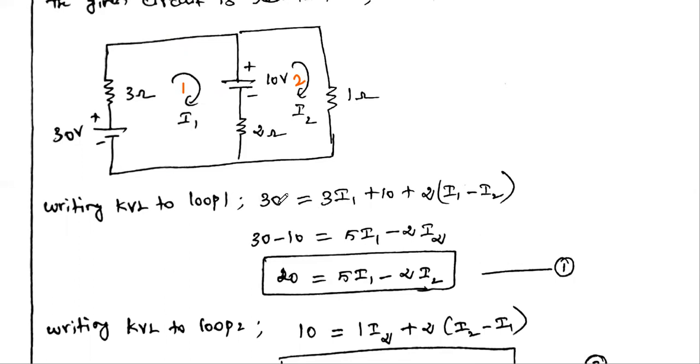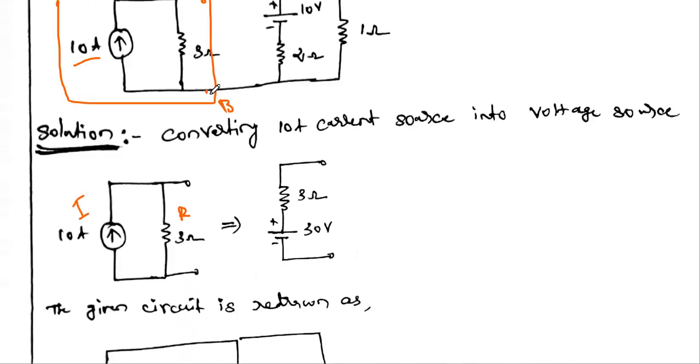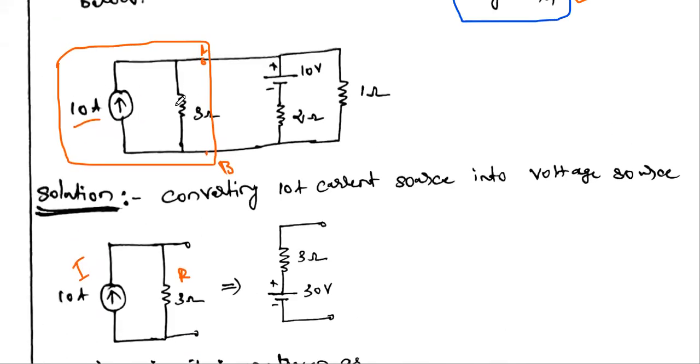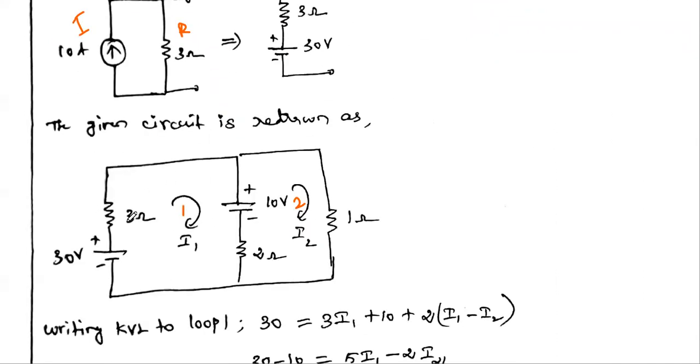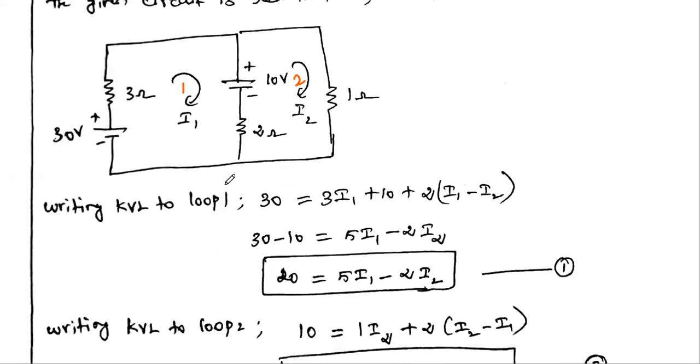So instead of writing 3 KVL equations and solving the 3 equations, we can reduce using source transformation. We can convert the current source in parallel with resistance into one single branch. So the 3-loop circuit is converted into 2-loop. Then we can do. Okay. So in this case, you may write directly the 2 cross 2 matrix by the inspection method, or you may write